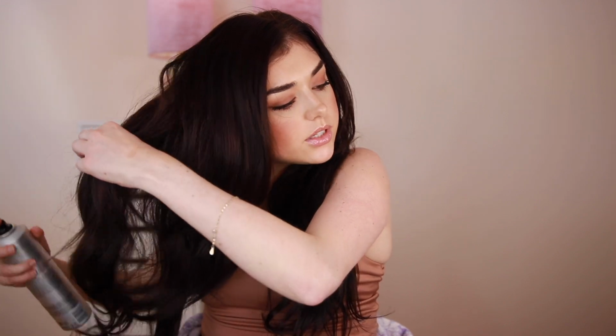So sometimes I apply hairspray, sometimes I don't. When I do, it's mostly at the root right here, just to get a bit more volume. But recently I haven't been using too much hairspray on my hair just because it's not the best for your hair, but I do just a little bit, and sometimes I will grab my hair like that just so it looks a little fuller. Obviously it's not really going to stay like that, but it kind of helps